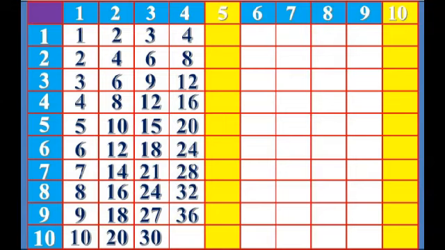what is 10 times 4? 10 times 4 equals, what is 1 times 5? 1 times 5 equals, what is 2 times 5? 2 times 5 equals, what is 3 times 5? 3 times 5 equals,